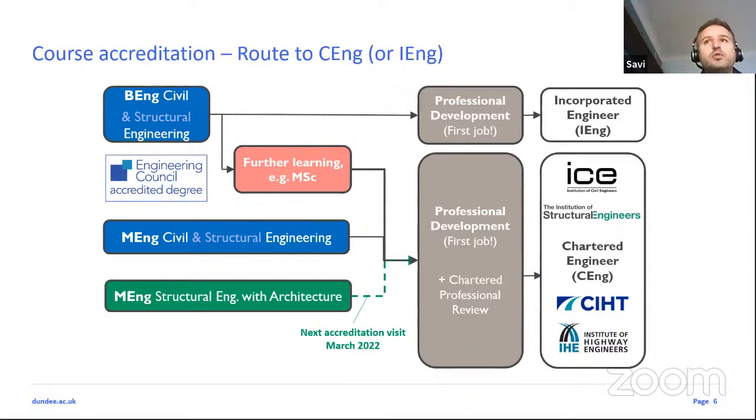One is that you basically take 4 years, and that's a BEng, a Bachelor of Engineering. At the end of the BEng, you will be able to apply to become an incorporated engineer in terms of being a professional engineer. So you don't have the full qualification in order to apply to what we call a chartered position. So to be a chartered professional,